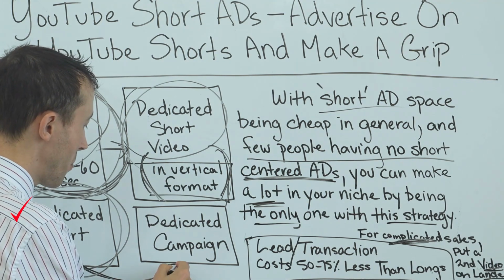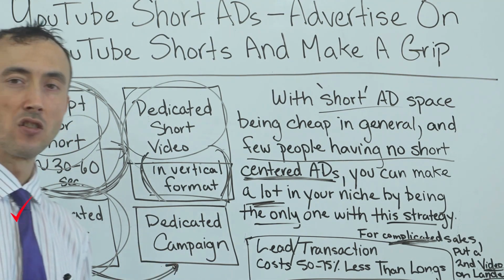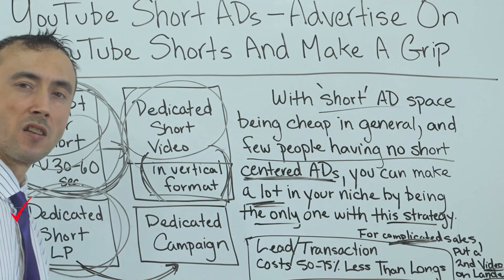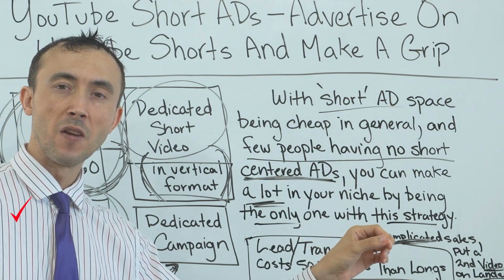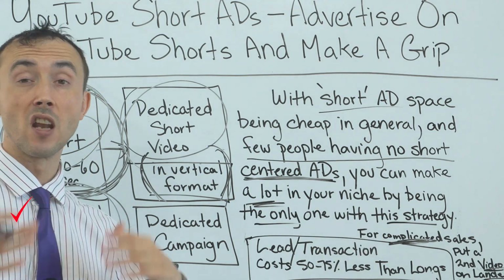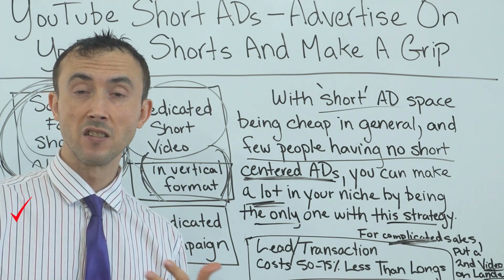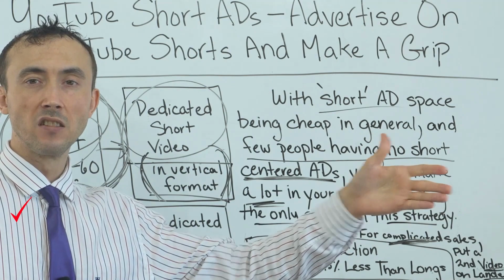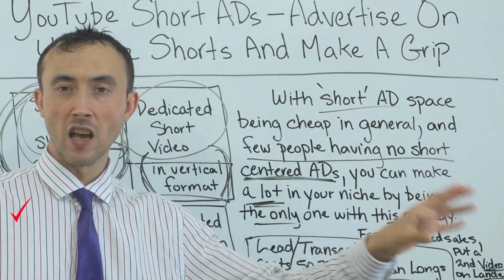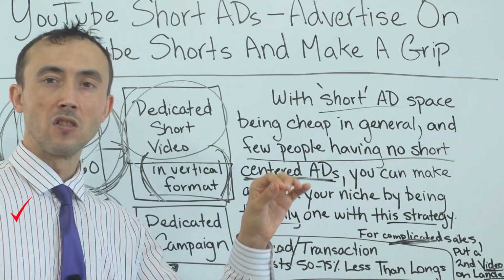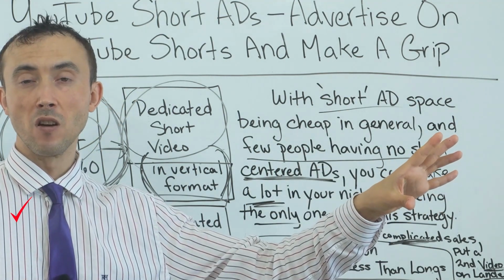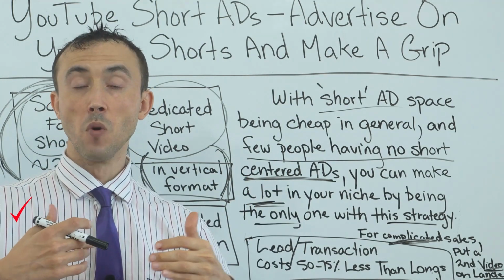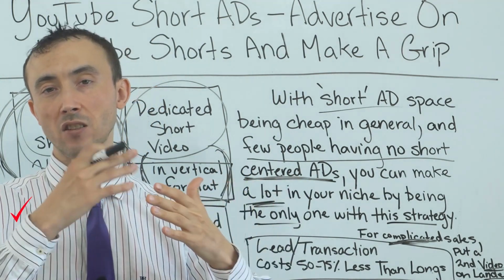Then all the people, like I said, who got to your intermediary pre-landing page, that is if you use one, you remarket to them until they've watched at least 80% of the video on your pre-landing page. You can set that up through Google Analytics, through the custom audiences that you can set up there. You import that into Google Ads, and then you run remarketing banner ads, which drive them back to that pre-landing page until they watch 80% of it. Because if you did the longer video right, that 2-3 minute video, most of them will at least go to your website to check it out.